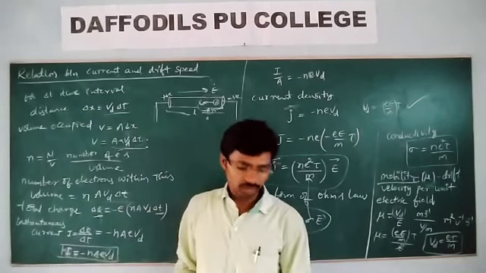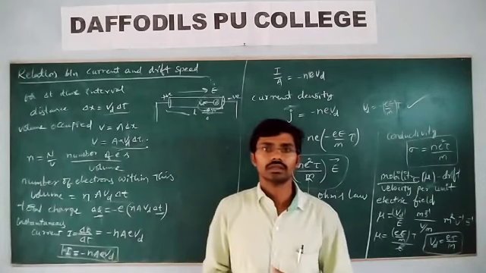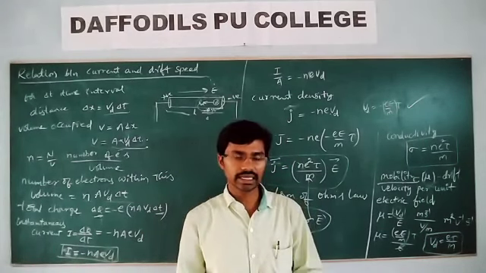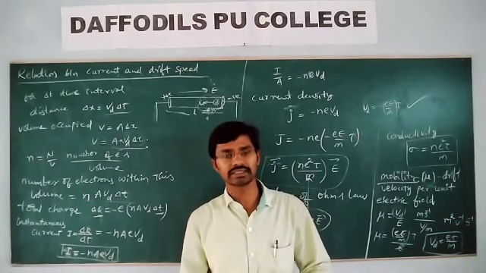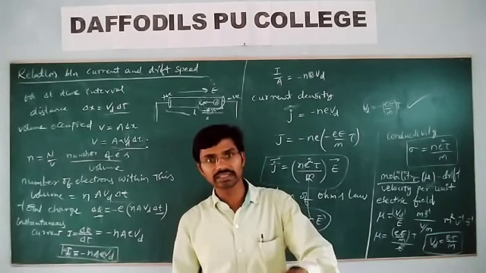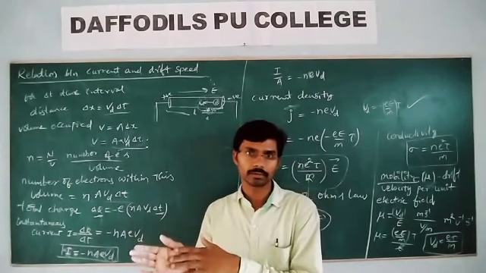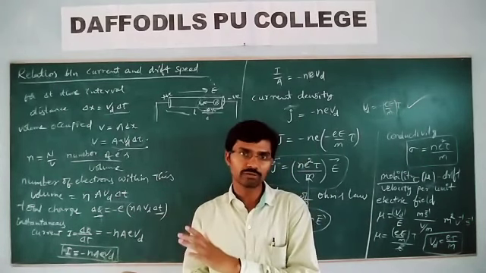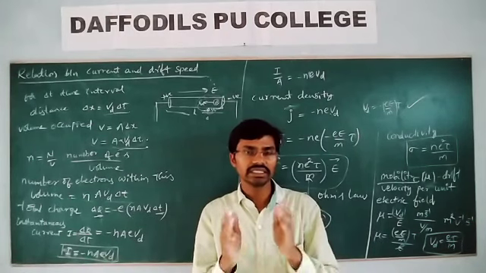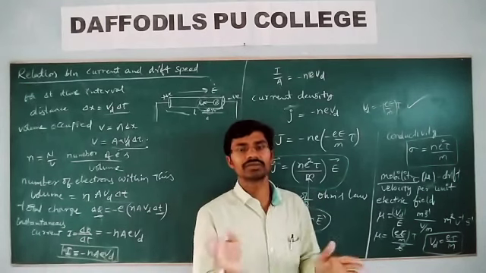So we have discussed today what is current density. Is current density a vector or scalar? It is a vector. Electric current is a scalar, but current density is a vector. Even electric field is a vector, but electric potential is a scalar. According to Ohm's law, V is equal to IR, it is a scalar form, but can we write it in vector form? Yes. What is the vector form of the Ohm's law? E is equal to J rho or J is equal to sigma E, that is the vector form.